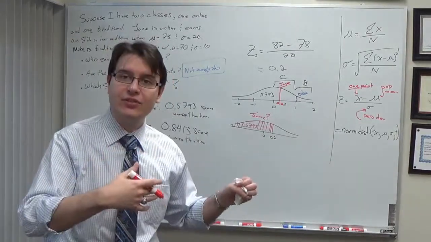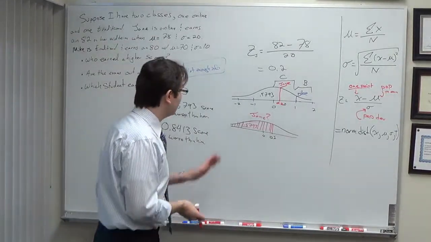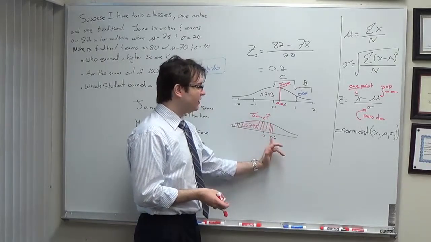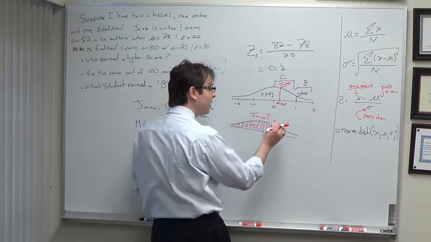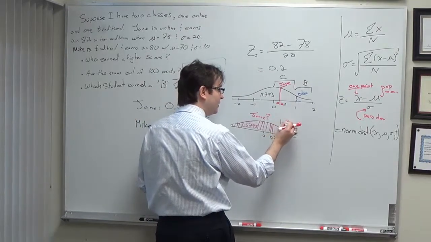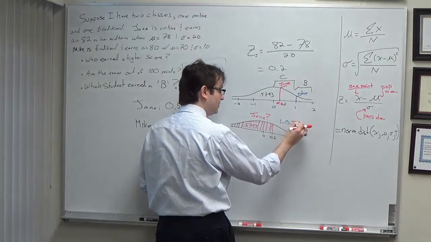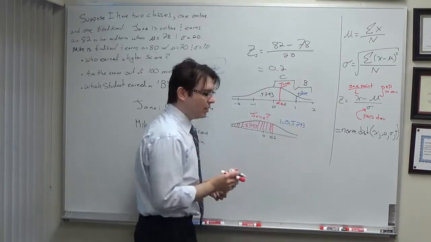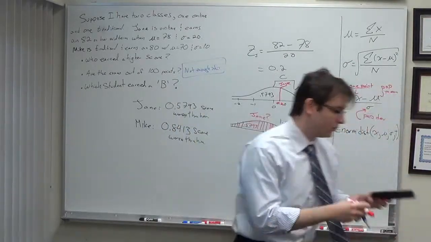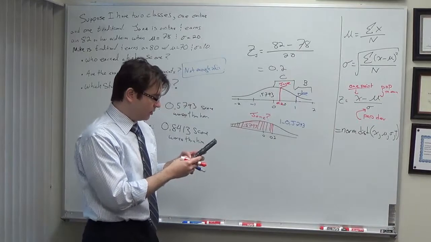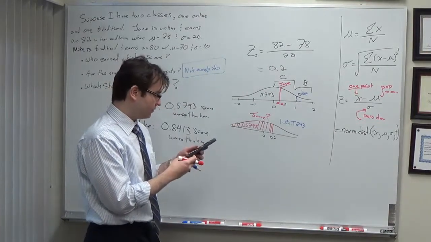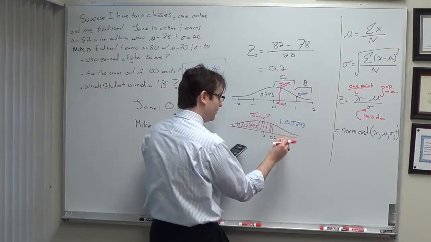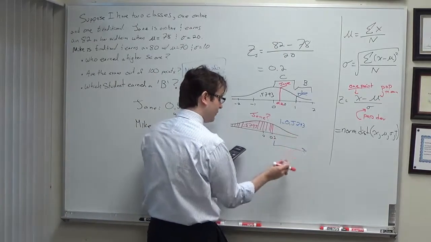So if you have a left distributed table, you find the area to the left, but if you want to know the area to the right, the people who scored higher than her, you just have to do 1 minus the area to the left. If we do that subtraction, 1 minus 0.5793, you find that you have, for this right area,